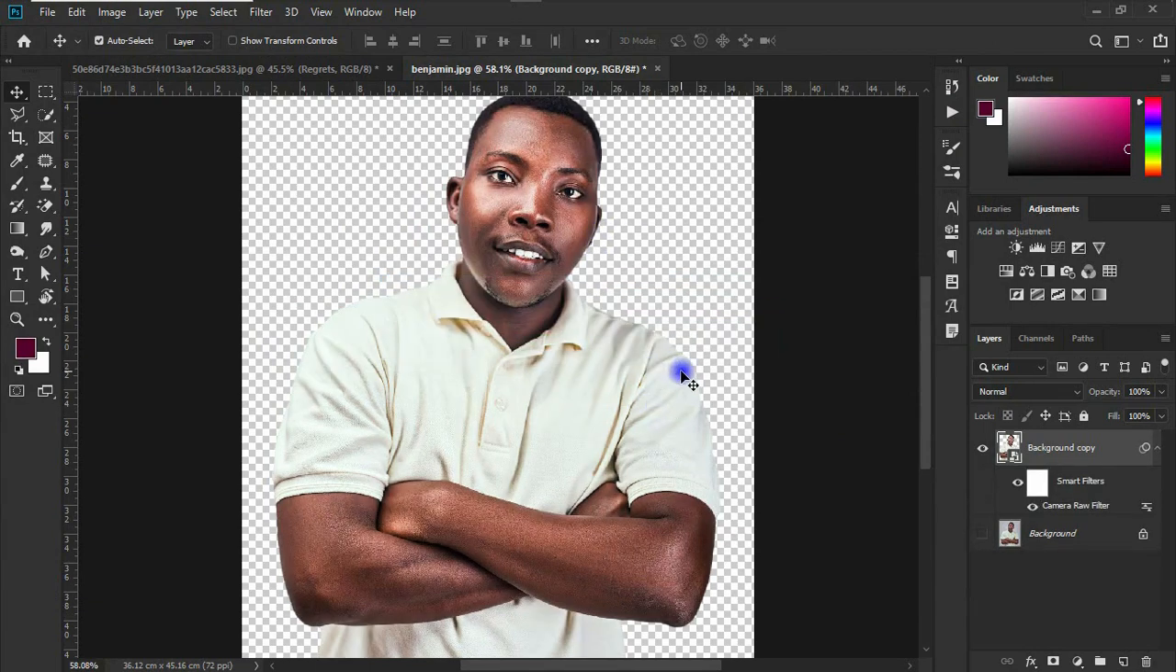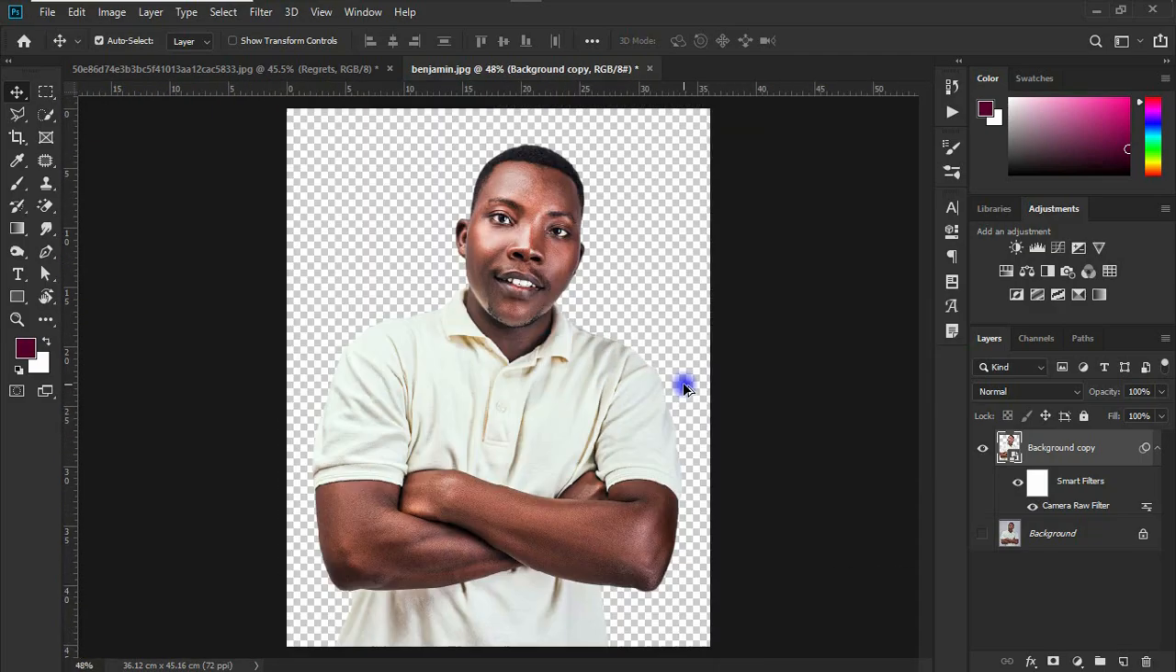So this is what I was referring to when I spoke about the smart object. So this is a smart object. This is a smart filter. So I can easily turn this off, and we have this back for us. So I can just easily bring it. Now,